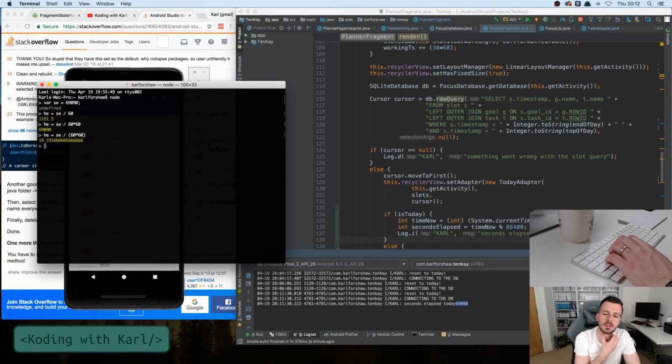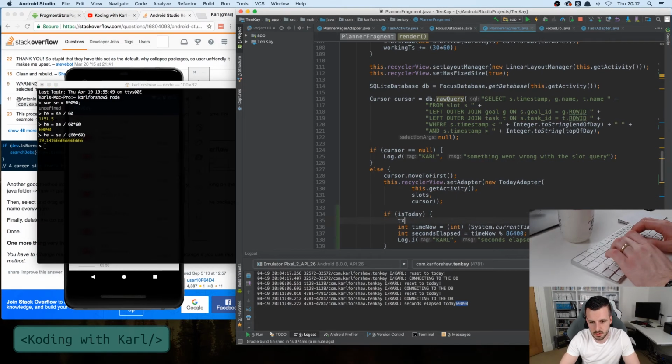yeah, of course, that's going to give us UTC, so we need the offset for UTC. So if I do time zone, I keep having to redo the same stuff, and this is a different use case, so I'm going to allow it here, but normally if I have to do this again, I'll bang it into our utility library as well. TZ equals TimeZone.getDefault, and then